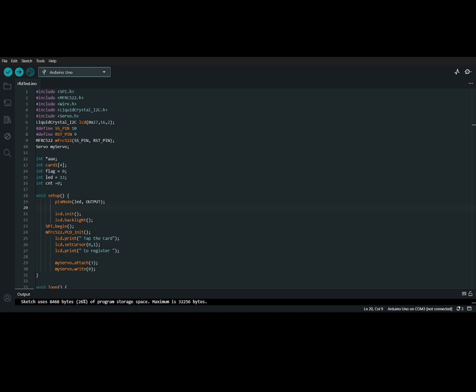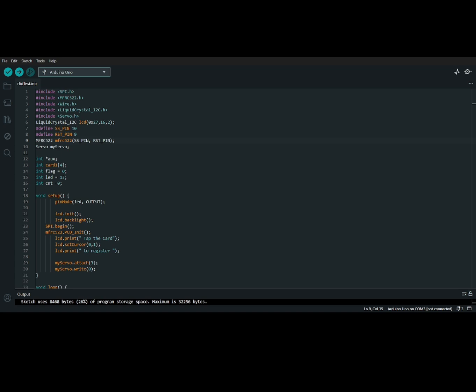So next we have MFRC522 with SS pin and RST pin. This is the RFID reader. Then servo, myservo. That is the servo for the door or gate.